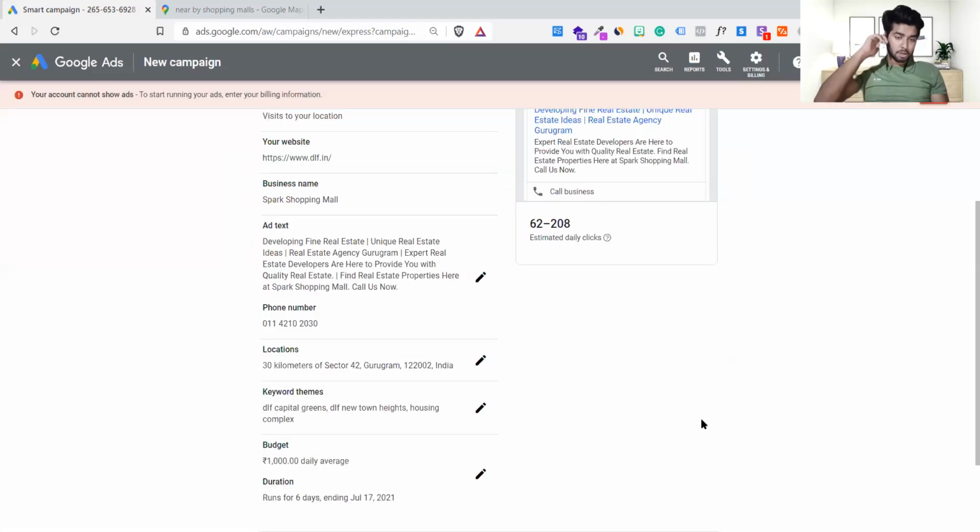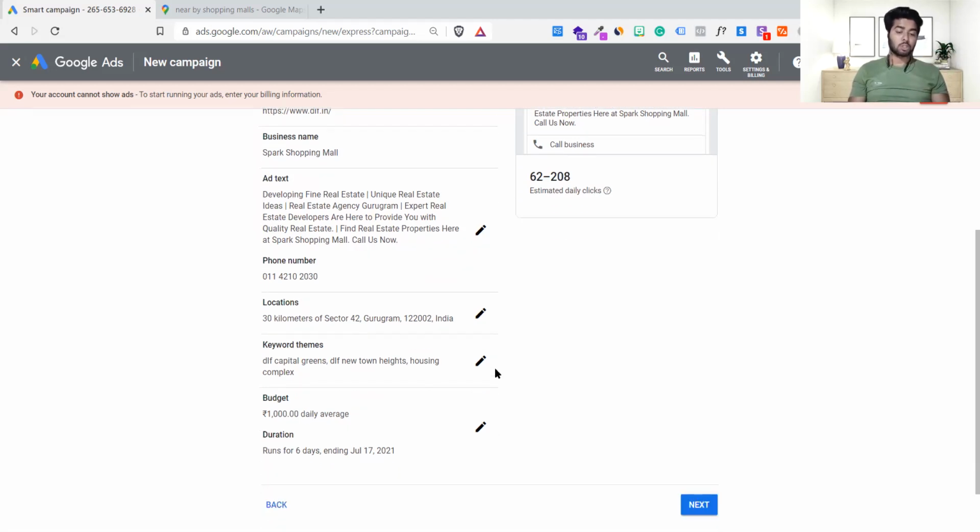Okay, if you don't have the location, I don't know, few people know it, maybe many people know it, but each location has a different longitude and latitude number in Google Maps. If you can get this data and copy paste it here, it will tell where you are standing. So that thing you can also do. You can search more on Google about how you can get that.